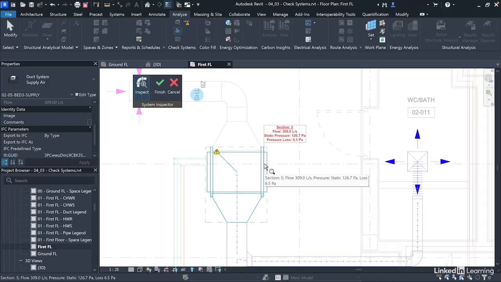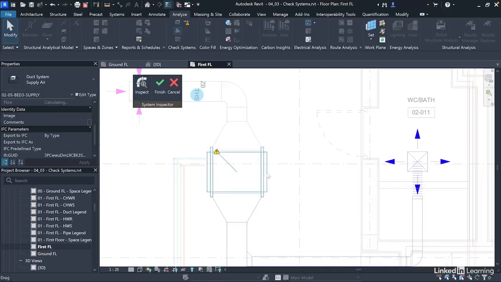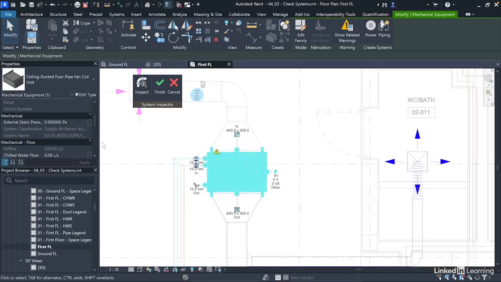So from here, you will note the value. You can see the static pressure, which is currently 126.7 pascals. So you note this value, and then you select this component and you fill in that value here, which is 126.7 pascals. So you click on finish.